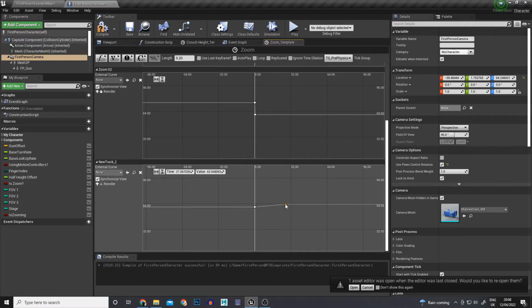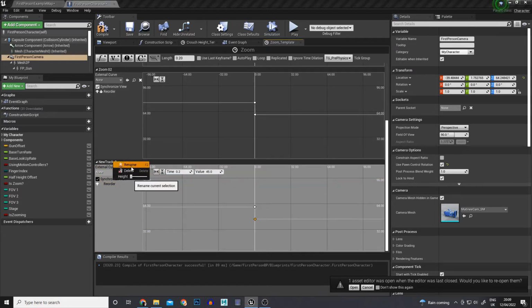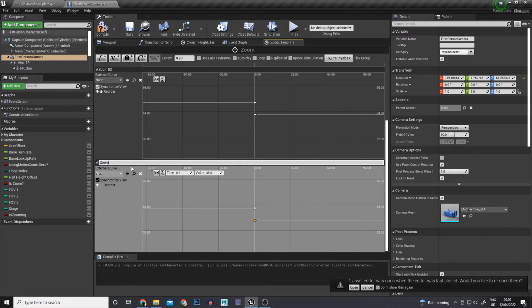And then again shift left click, set the time to 0.2, and set the value to our new zoom level. I'm going to choose 45 as our furthest zoom. So now we've got that, we can zoom into 45. I will show you this in practice in a moment, but I'm just going to go ahead and create the final graph. So I'm just going to rename this first to zoom 03,